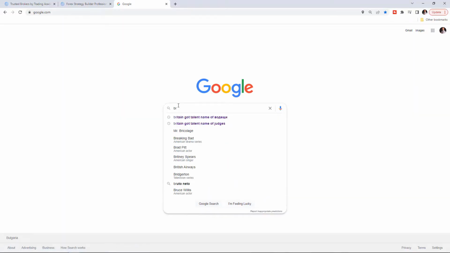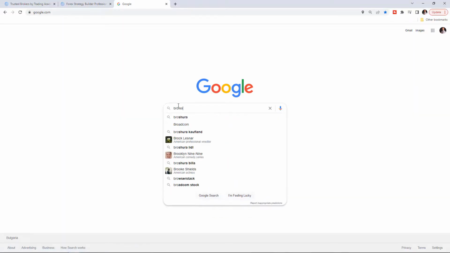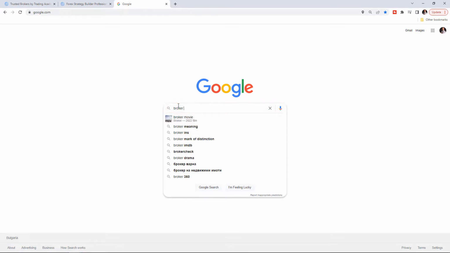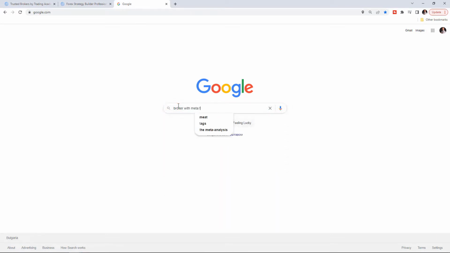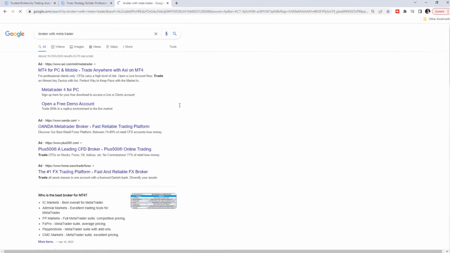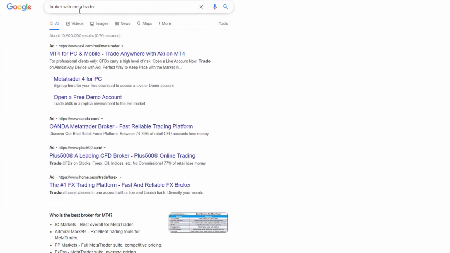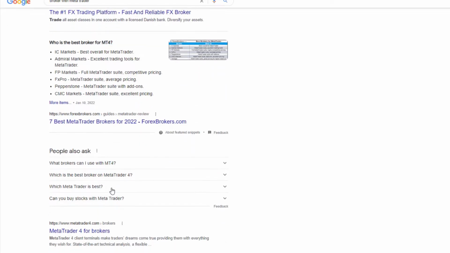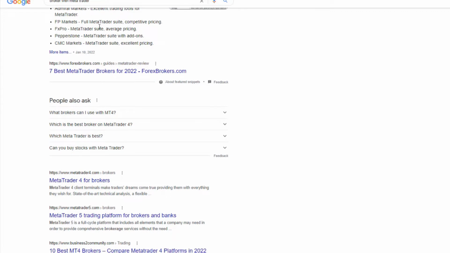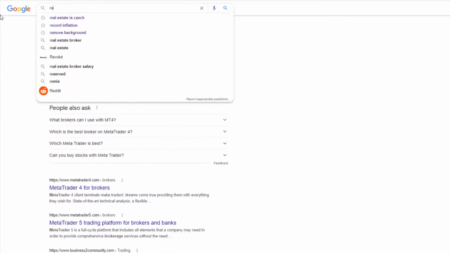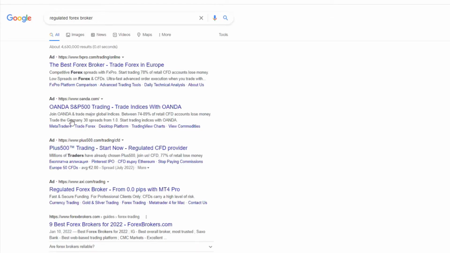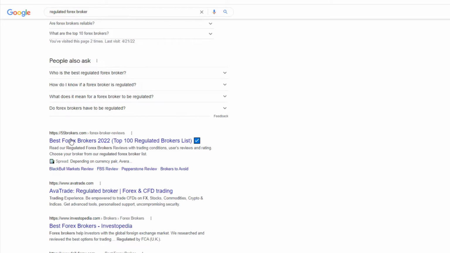So one of the very first things you have to do is select a broker that offers MetaTrader, right? You can Google anything like regulated brokers, broker with MetaTrader, and you will see many websites. But what is very important to keep in mind, for example, if you look for regulated Forex brokers, is that many of the websites like